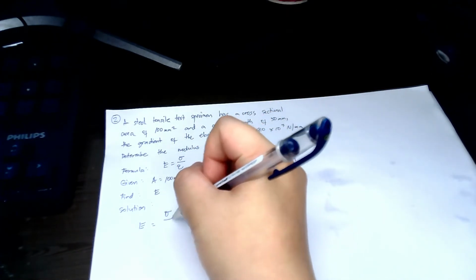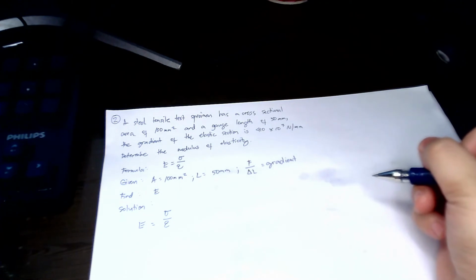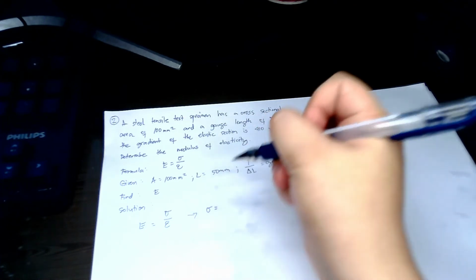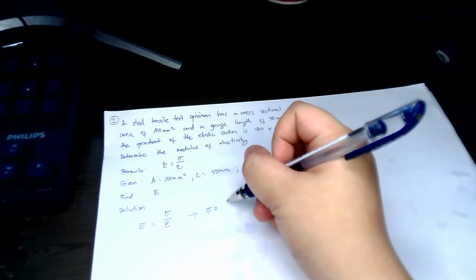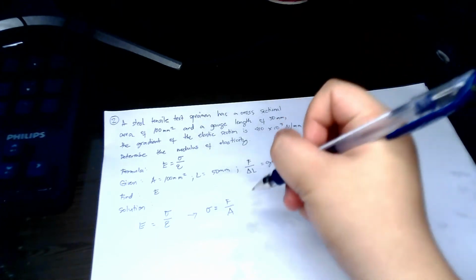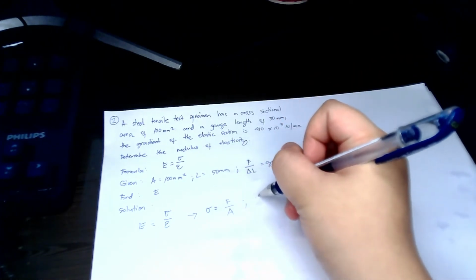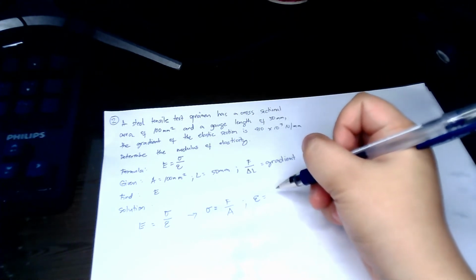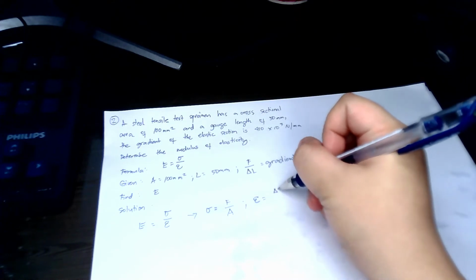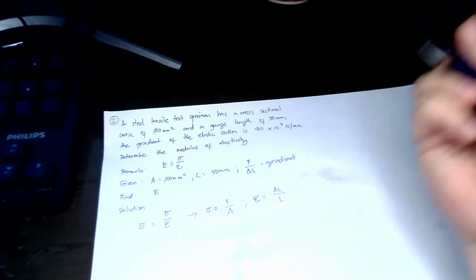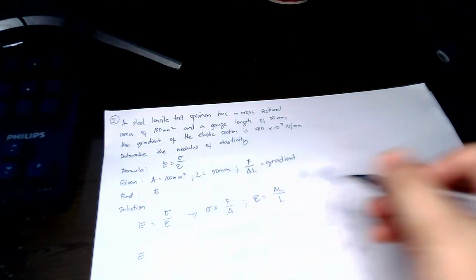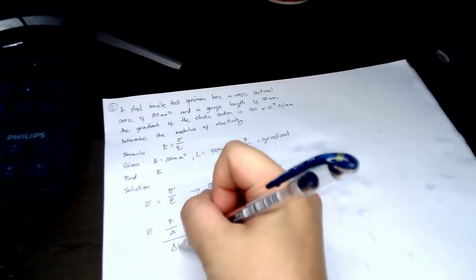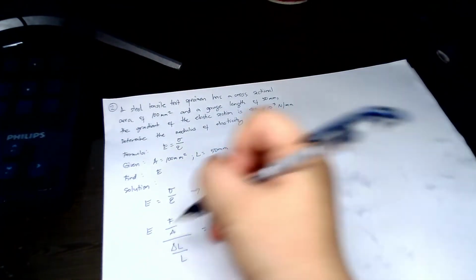and this is your formula of modulus of elasticity. So, we all know that your stress is equal to F over A, and your epsilon, or your strain, is equal to delta L over L. So, therefore, your E is F over A over delta L over L. So, this is equal to